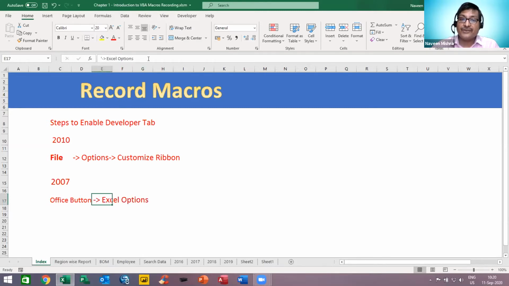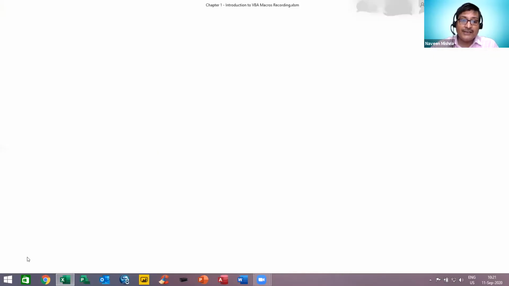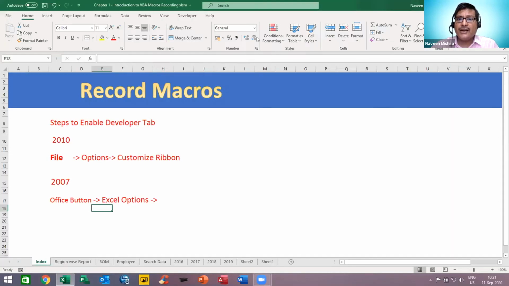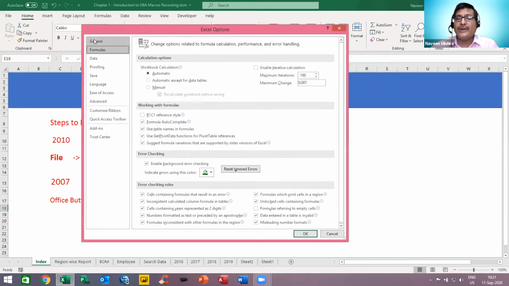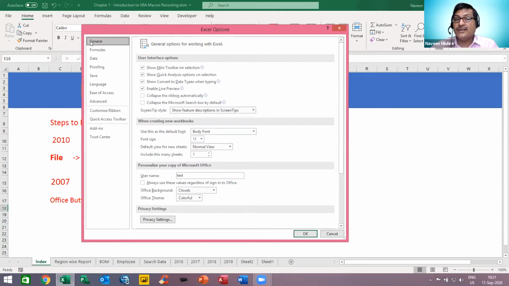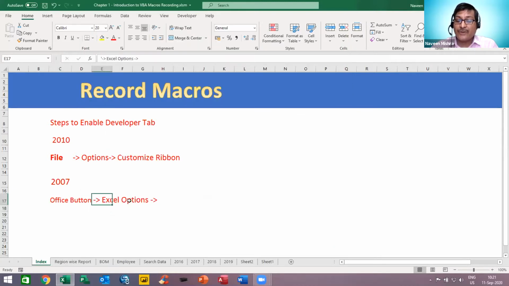Under Excel option, what we can do, we can go to the top left corner. In the top left corner, you can just go here and you can click on the developer checkbox. So this is the way to enable developer in 2007 version, right? So office button, Excel option.